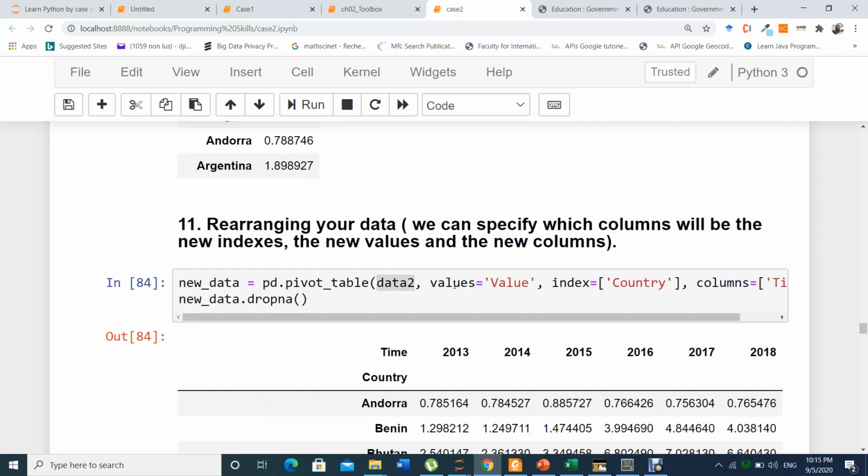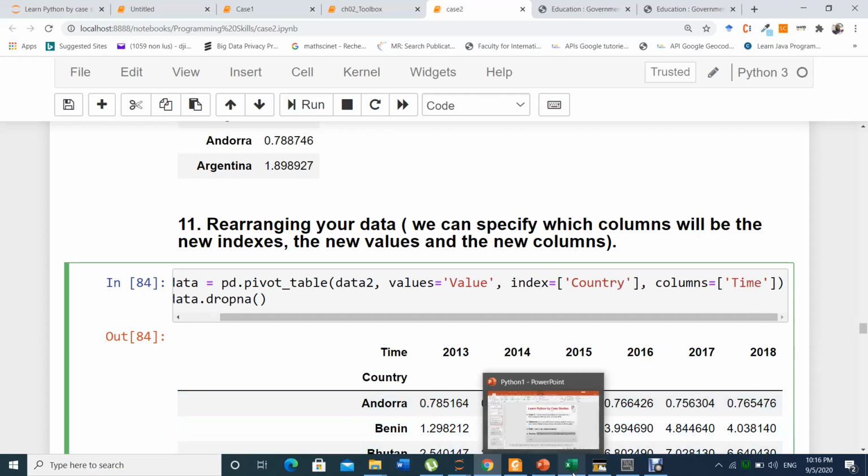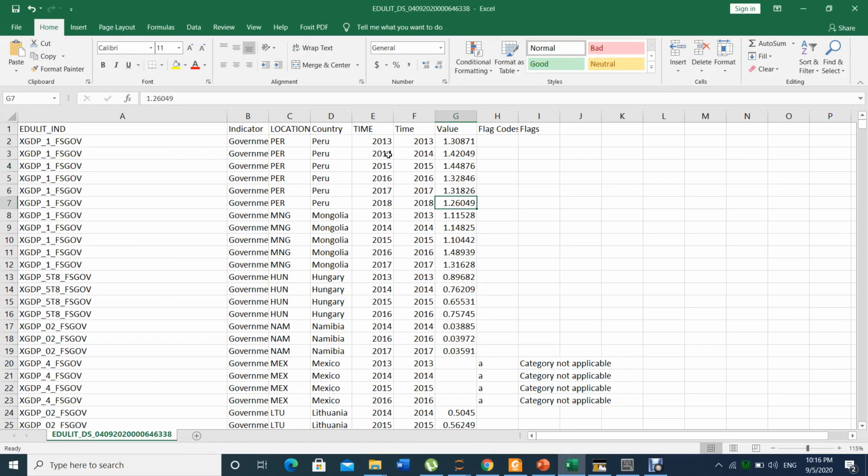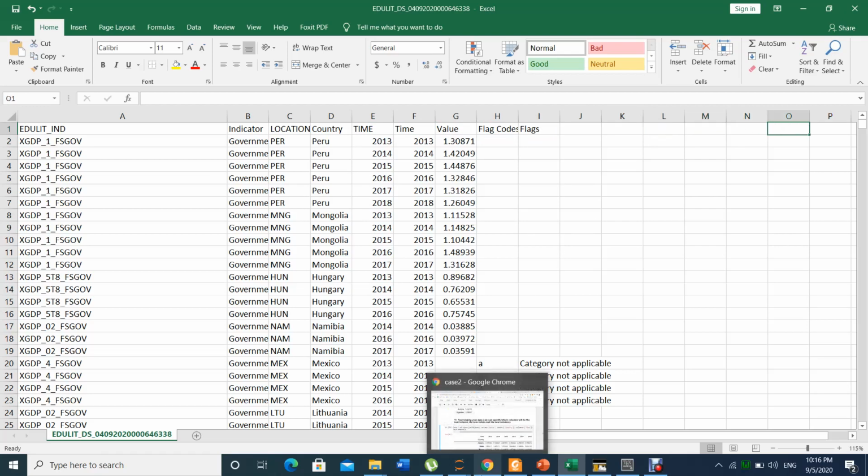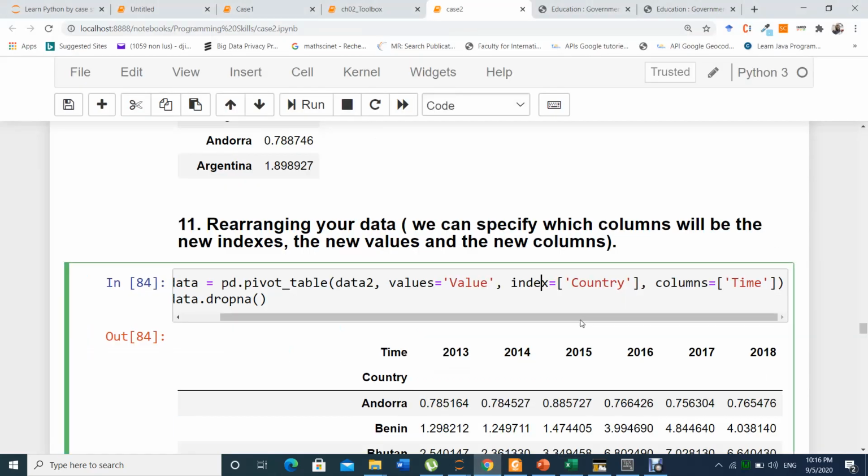When you pivot data 2, the value will be the value inside the table. The country will be indexed, it means it will be the rows. And the time will be the columns. You see in the default one, the time is in index form. But now you want to make time in column form, like 2013, 2014, 2015, until 2019. So this is how pivot table works.